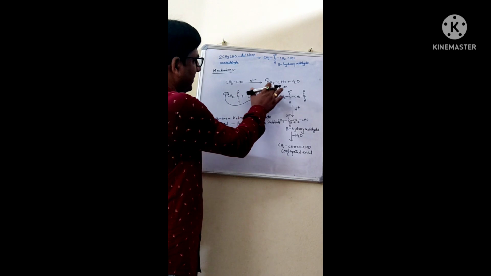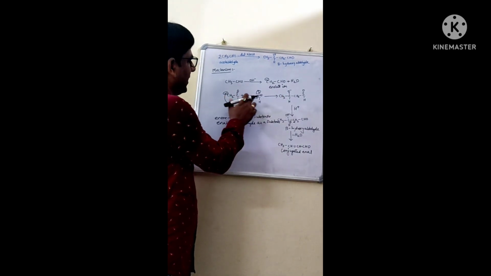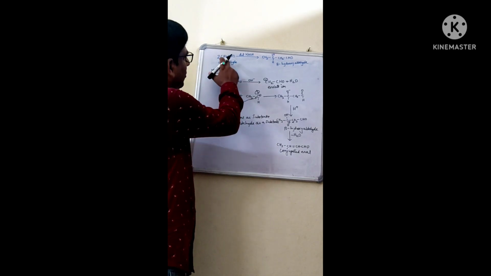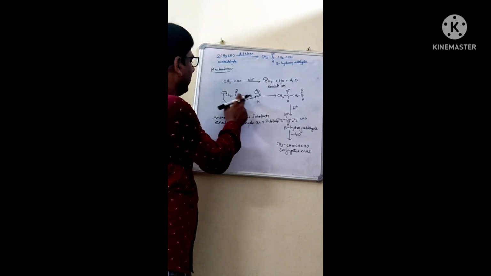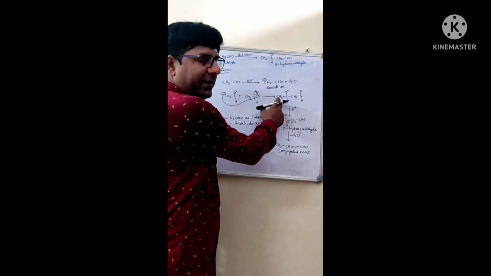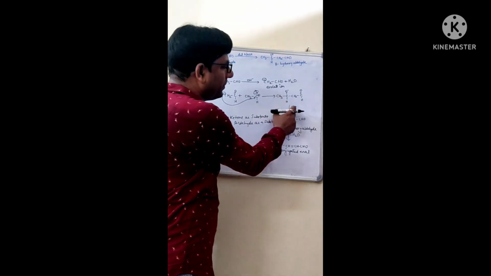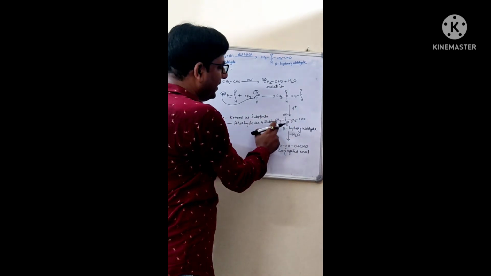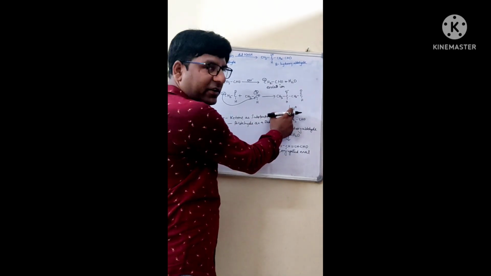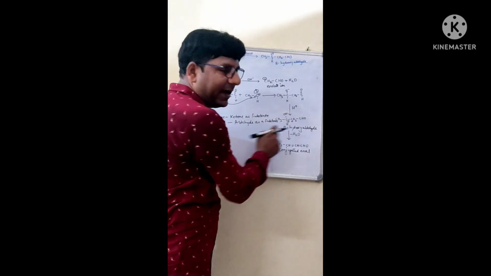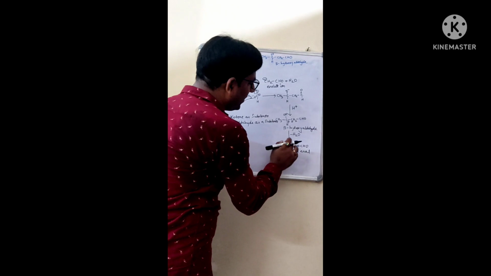Now this enolate ion reacts with what? Carbonyl functional group. This is the carbonyl functional group, or you can say another molecule of acetaldehyde. When it will react with this, it will form this carbonyl intermediate. Now it will undergo the protonation. H plus we have taken from this water molecule. When we are doing the protonation over here, it will get converted into beta hydroxy aldehyde, right?